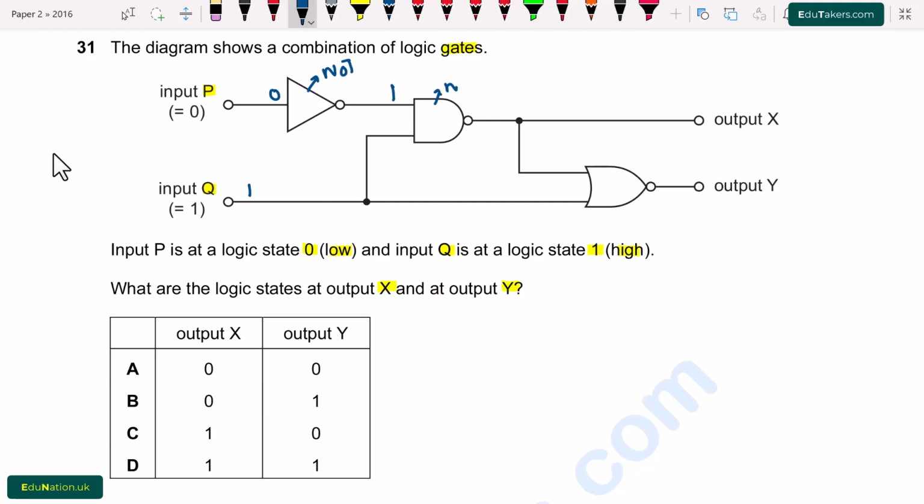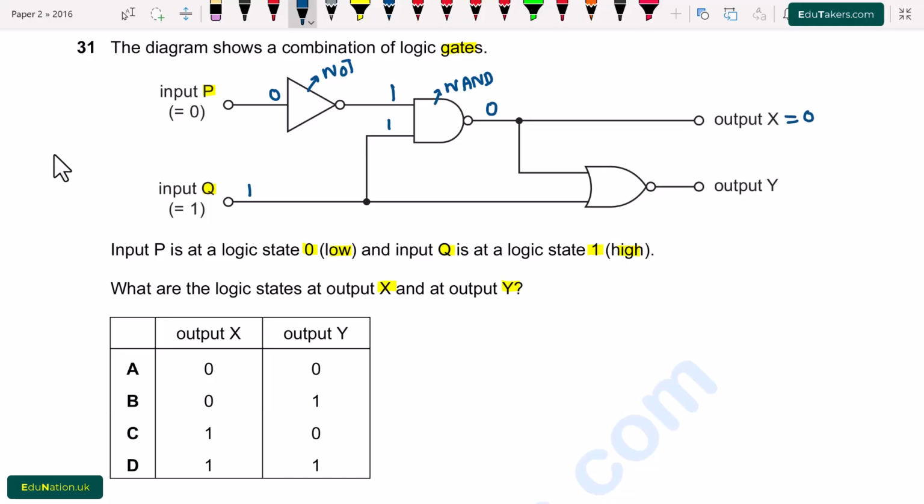This is a NAND gate. And this 1 comes as it is. A NAND gate is formed when we apply a NOT gate over an AND gate. In the AND gate we say that if both of the inputs are high, the output will be high. Here 1 and 1, both of these inputs are high, so the output of the AND gate will be 1. By the application of the NOT gate, this changes into 0. It means the output of this NAND gate is equal to 0. So the output X will be equal to 0.